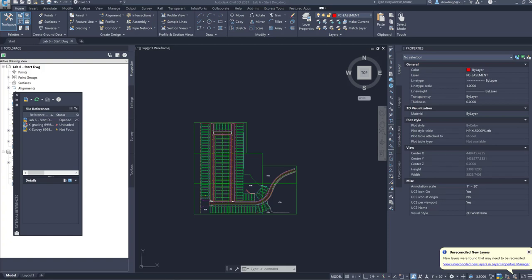Go ahead and open up Lab 6 Start Drawing. I'm going to save mine with a different name because I don't want to overwrite what I'm going to be giving you all. Once you open this drawing, you're going to start labeling the information, understanding what you're looking at, and trying to mimic what was on the plat. The plat being